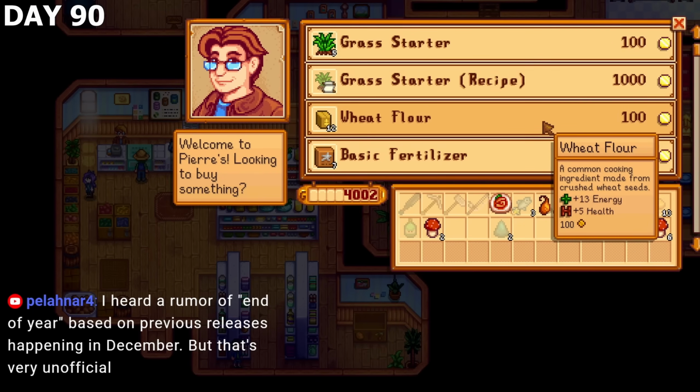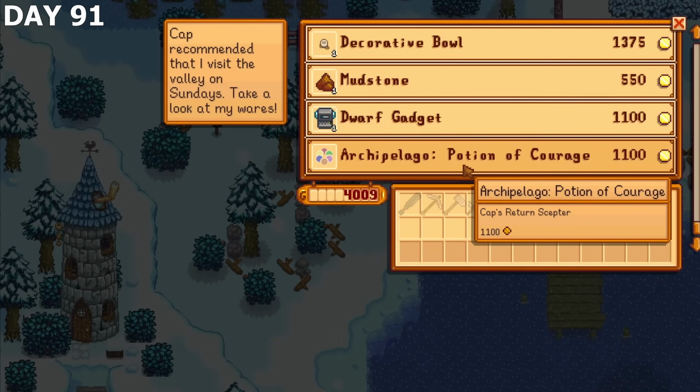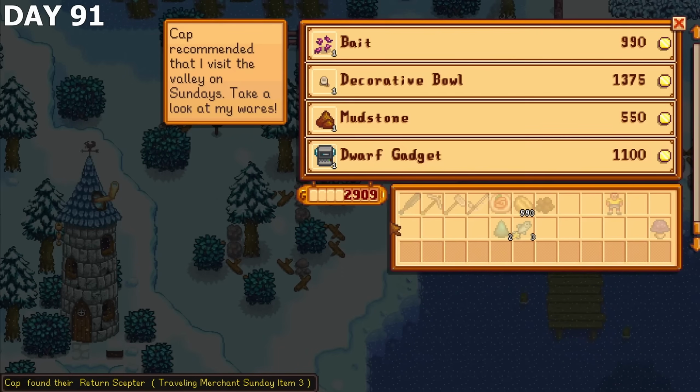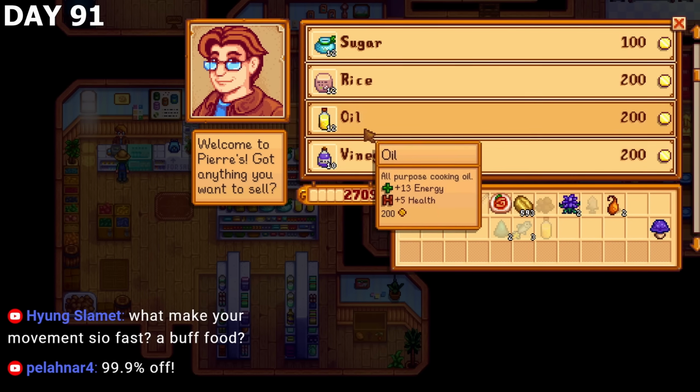I head on out to check Pierre for oil before he closes, but unfortunately he's out of stock again. On day 91, I check the traveling cart and find my return scepter for only 1100 gold. Wow, that's a 99.945% discount right there. I check Pierre again and finally he has some oil for sale, so I buy one and return to my kitchen